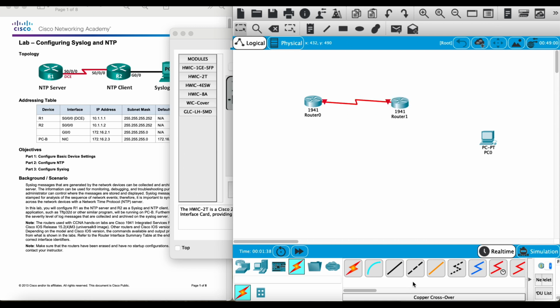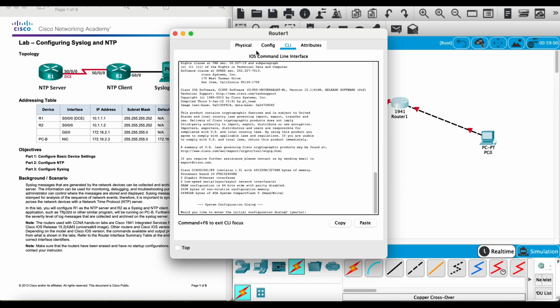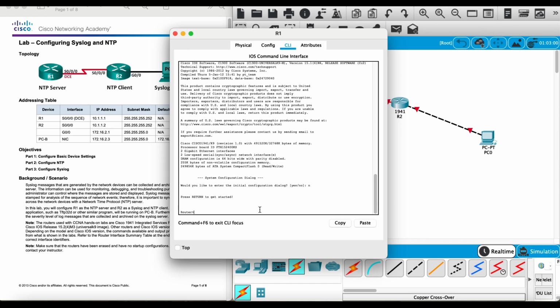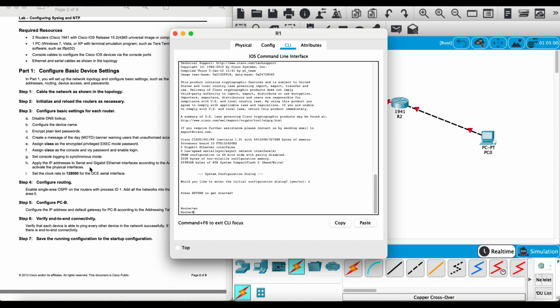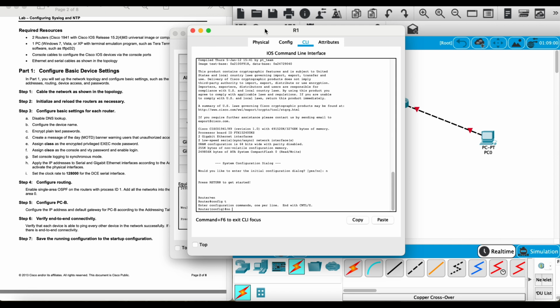After that, you join them accordingly using the serial cable and your crossover cable between your router and your PC. Okay, after that, you start to change your router display name to R1 and R2 accordingly. Then you go into your R1, you change your basic setting configurations of each router 1 and 2, disable DNS